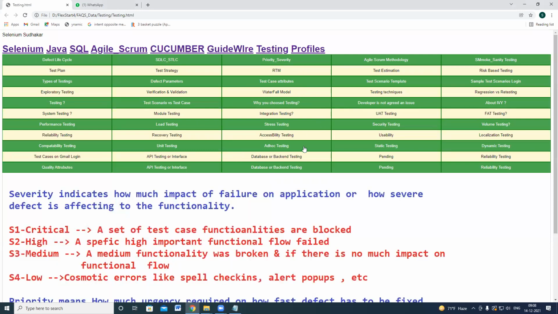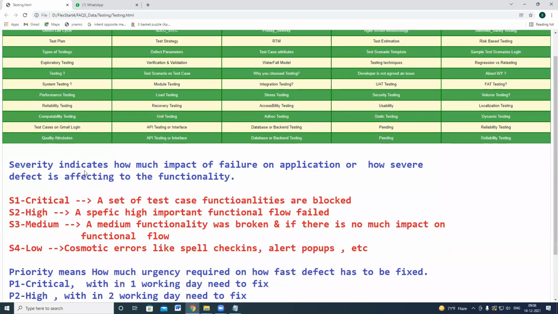Severity indicates how much impact the failure has on the application, how severe the defect is affecting the functionality.